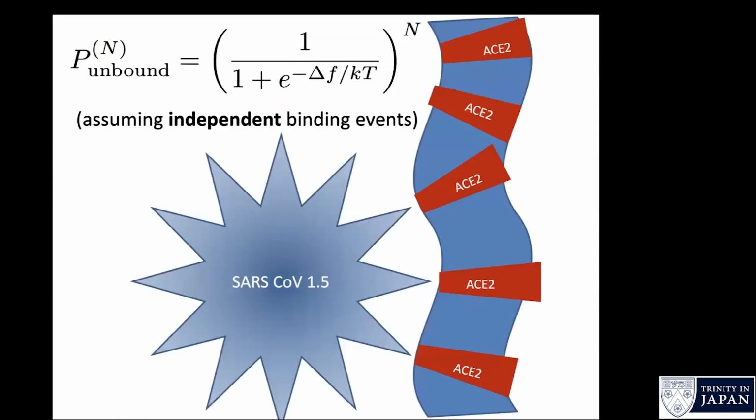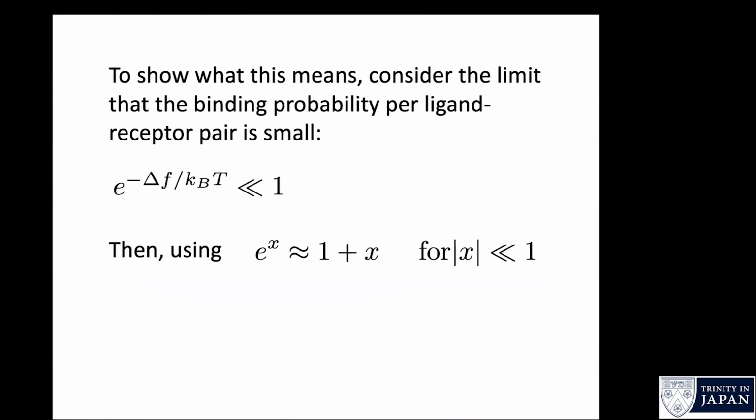Then you get this situation, but the probability that all of them are unbound, and I just now assume that they bind completely independently, which is an oversimplification. But if I assume they're all unbound, that's the probability that a single pair is unbound to the power n. And that makes a huge difference, because